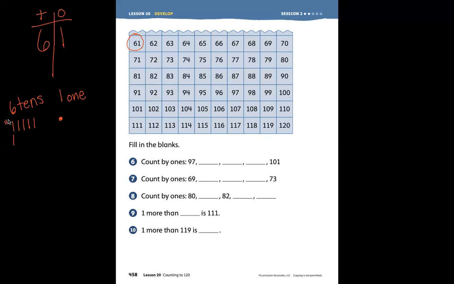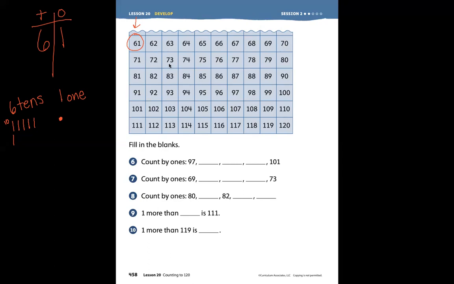Let's start by counting by tens. Ready? 10, 20, 30, 40, 50, 60, 61. So we are going to start here at the number 61 and count to 120. Please put your finger under 61. Here we go. 61, 62, 63, 64, 65, 66, 67, 68, 69, 70,